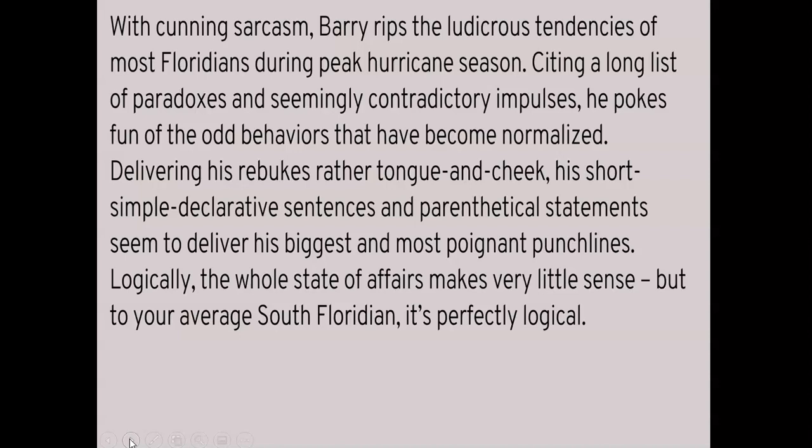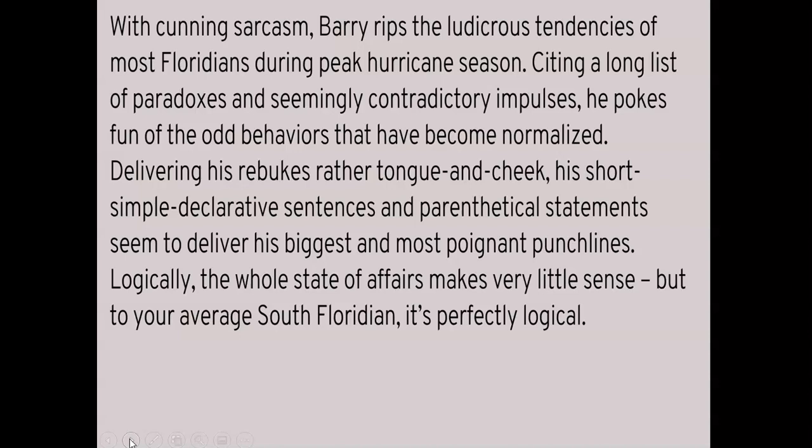With cunning sarcasm, Barry rips the ludicrous tendencies of most Floridians during peak hurricane season. So we started with sarcasm, with tone, citing a long list of paradoxes. So that's our second one. And seemingly contradictory impulses, he pokes fun of the odd behaviors that have become normalized, delivering his rebukes rather tongue in cheek.